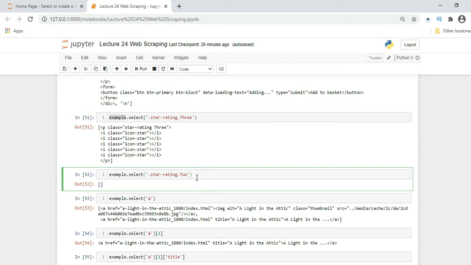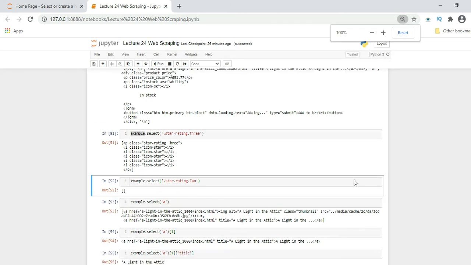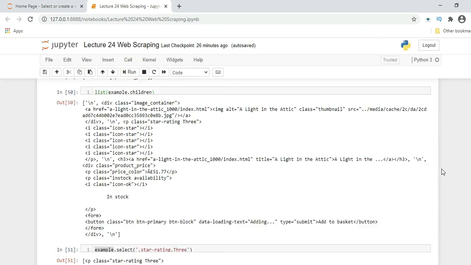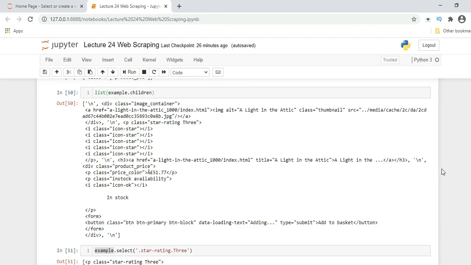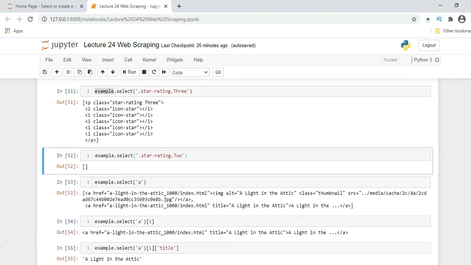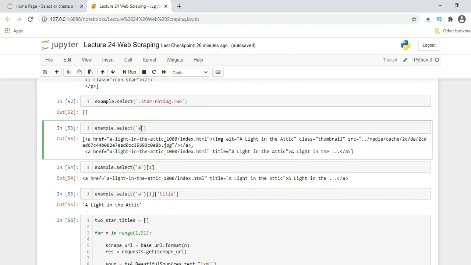There is no value inside it, so it is returning a blank list. Now example.select("a"), where a is the tag which exists on the example variable, will return a value in this format.